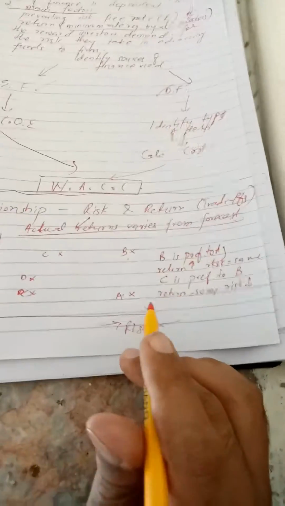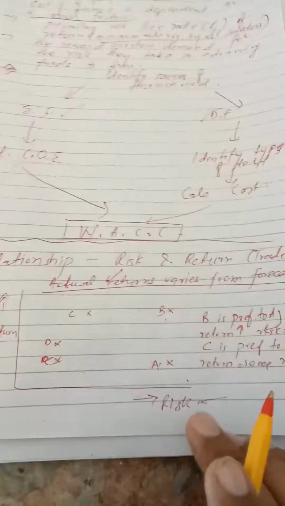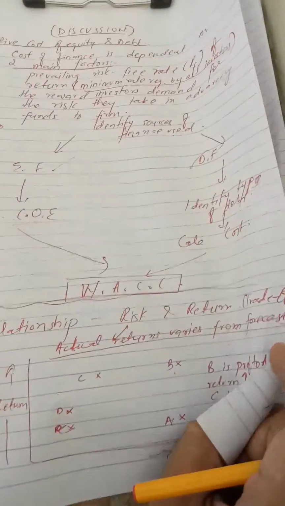There is a trade-off of risk and return that I have shown just with the help of a simple pictorial representation. Now we're going to discuss,